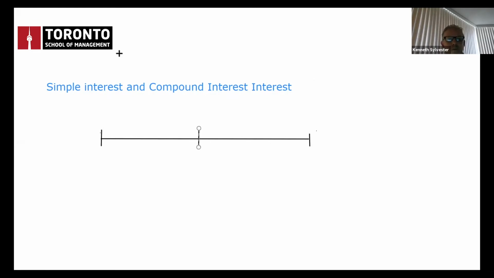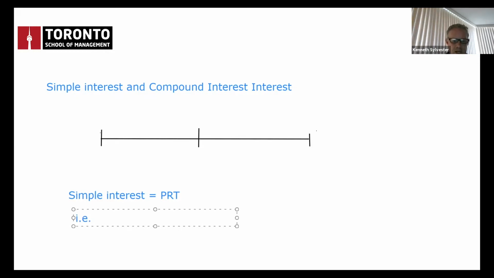Okay. So simple interest. What we're going to do is calculate simple interest. And this is interest on a loan or interest on savings or whatever. It doesn't really matter. It's just interest. And the calculation for this is PRT, which means principal times the rate times the time. Okay. For example, i.e.,